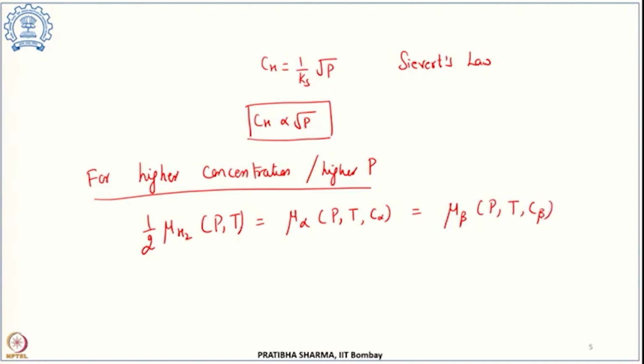So the chemical potential of hydrogen in the alpha and beta phase, all three coincide. Now this chemical potential of hydrogen in the gaseous phase is equal to half of kT ln of P upon P naught, that we have seen, plus the standard chemical potential of the hydrogen. Now using the Gibbs phase rule,